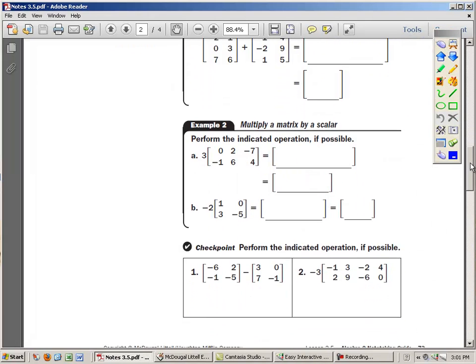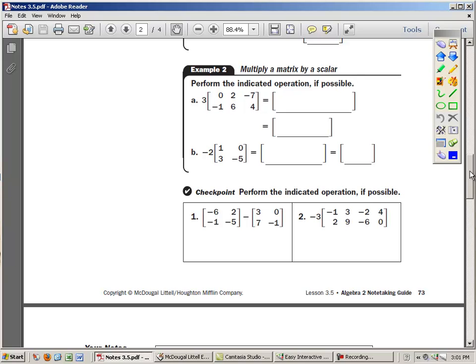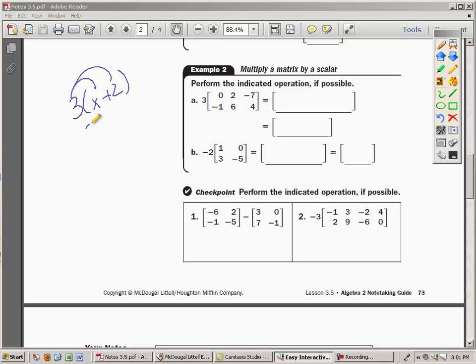Going back to this idea of a scalar, we want to multiply by a scalar. This is the distributive property on steroids. The distributive property says if I have 3 times x plus 2, both of these get multiplied by 3, so this is 3x plus 6. A scalar multiplication looks kind of like that. Everybody in here gets multiplied by a 3. So this is 3 times 0, 3 times 2, 3 times negative 7, 3 times negative 1,